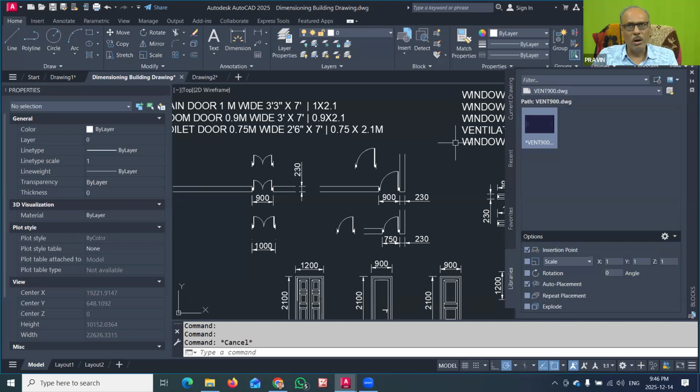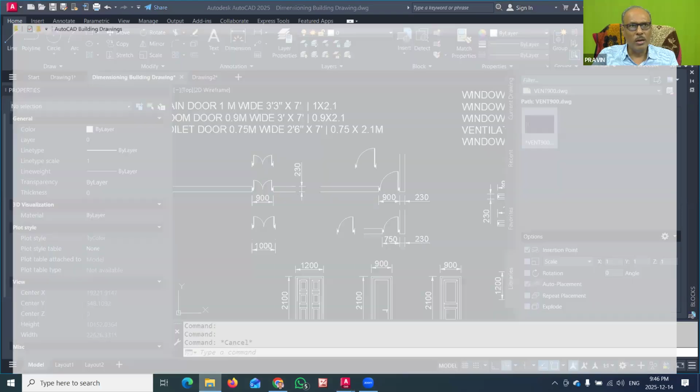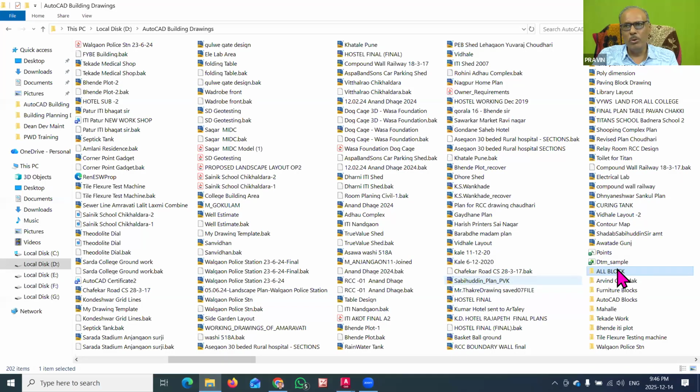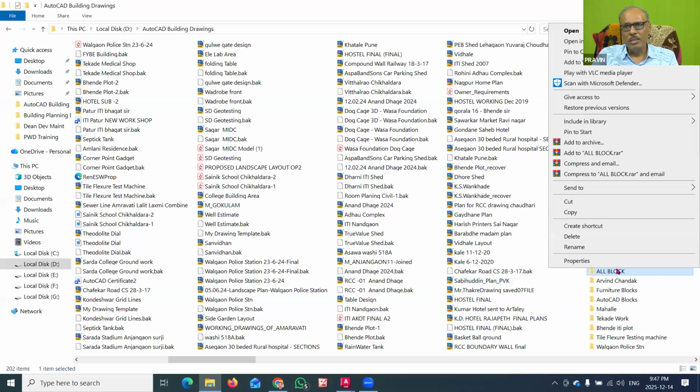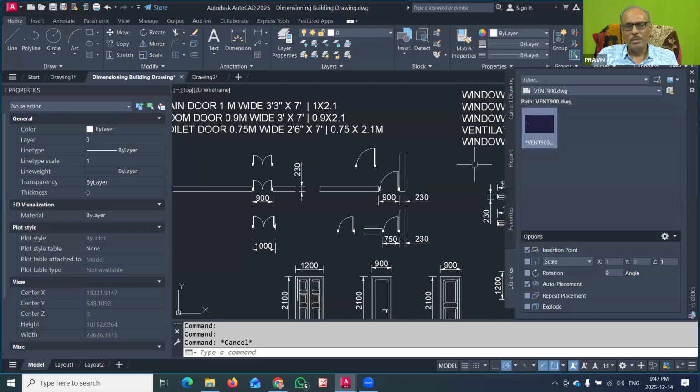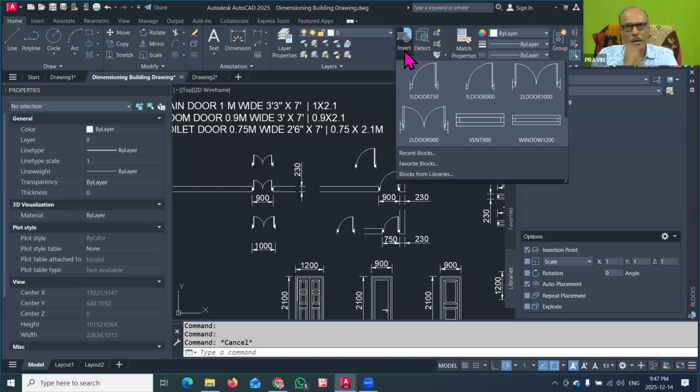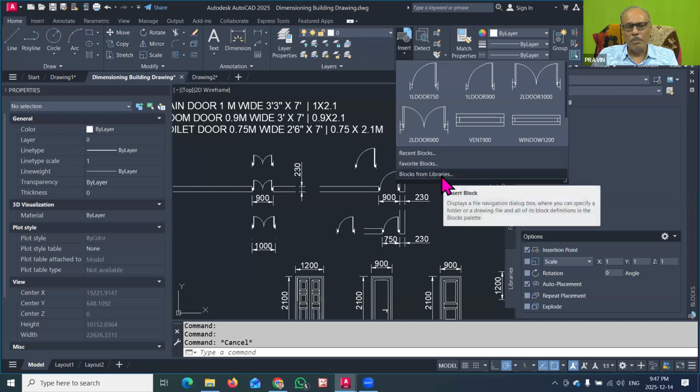When you go to any office or join any company, consultant or architect, what you have to do is copy this block folder onto your pen drive, so that these symbols are ready with you. You go anywhere, in any office, open that pen drive and insert the symbol using the insert symbol command, because you have converted that symbol to W block and that folder is now ready with you, and that is called the symbol library.